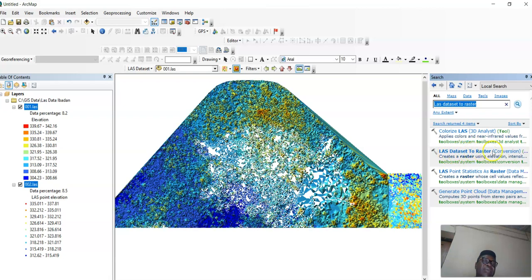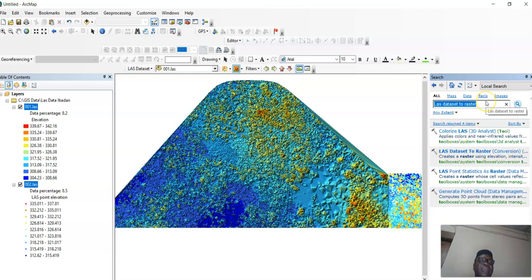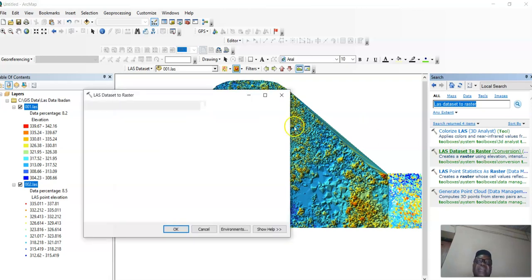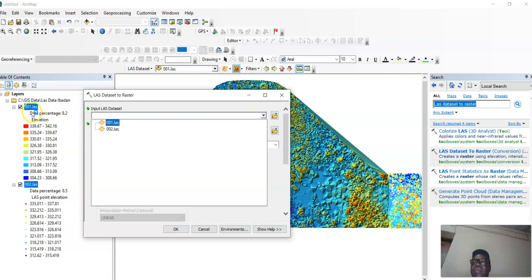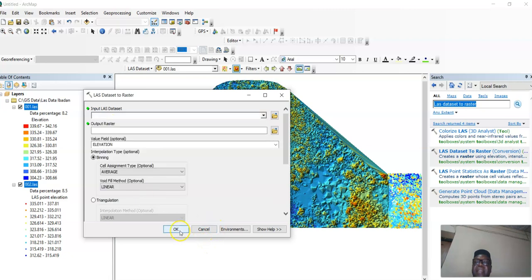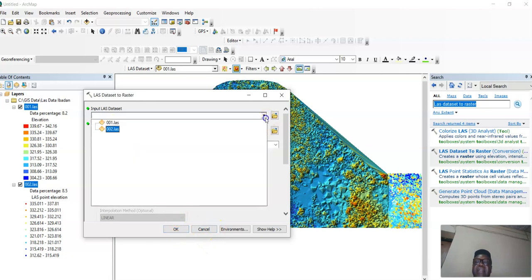Under that, you can search for it under the local search, and then it will give you the LAS dataset to raster conversion. So under this, you use your input data, which is the 001 LAS data. That's our input LAS data.